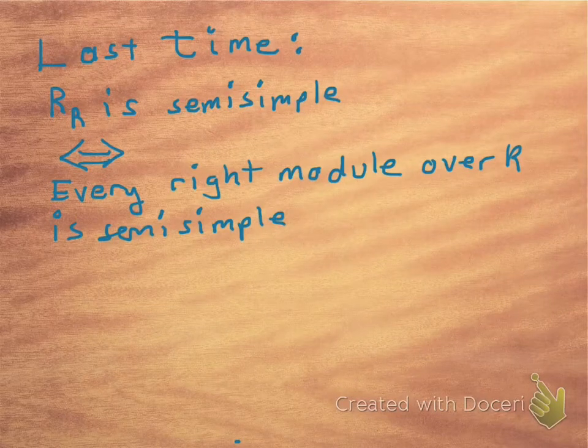Hi. Last time we were discussing the Wedderburn-Artin theorem, and we made a head start toward proving it by first proving that a ring which is a semisimple right module over itself has all right modules semisimple. Now the converse of this assertion is also obviously true,